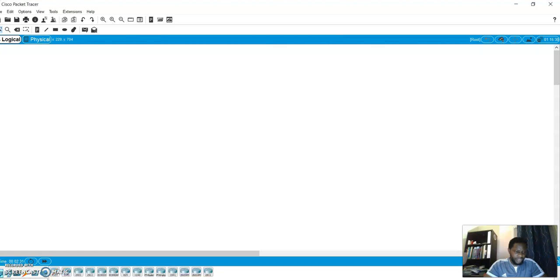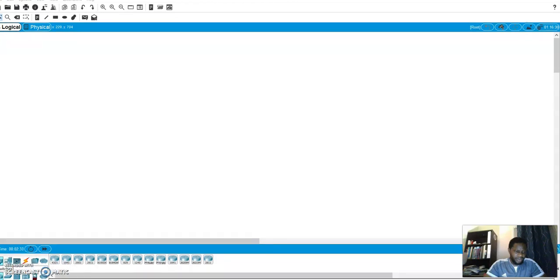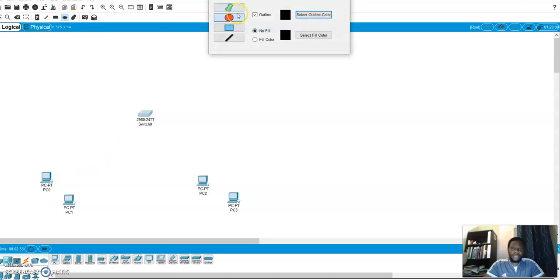So right now I'll select my switch. Let's say picking up this switch right here. I'm going to pick up some devices, some pieces. Let's use this right here and this. This is PC0, PC1, PC2, and PC3. So I could actually move this right here. Okay, so I'm going to pick this device